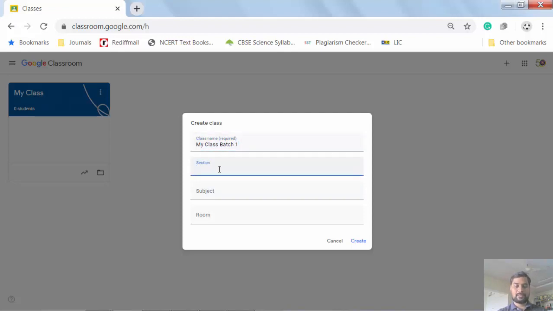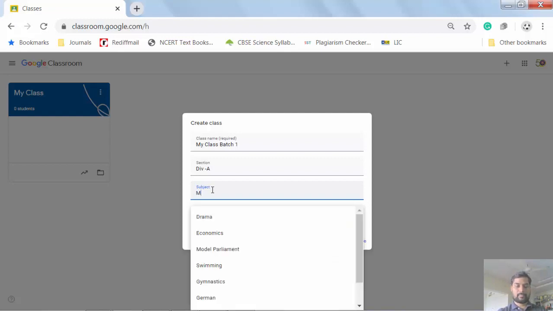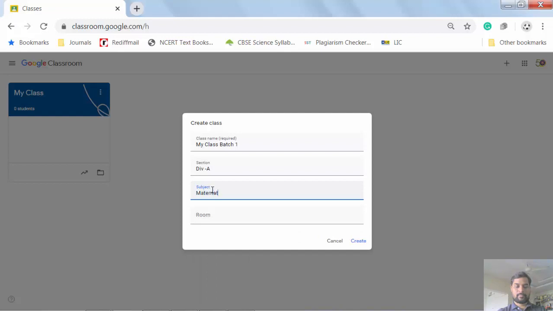We can give the section or division, division A, B, and we can use a single classroom for different subjects. So here we are taking mathematics. We can put the room number here and click on the create option.